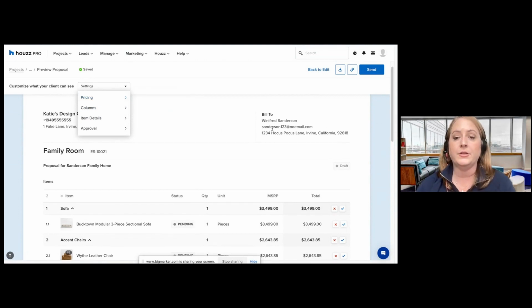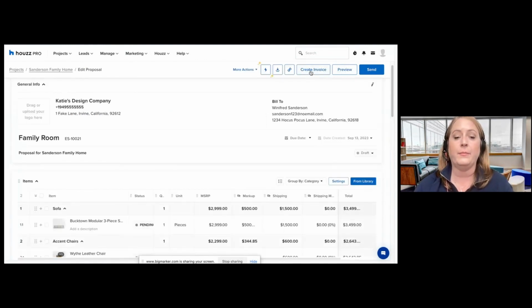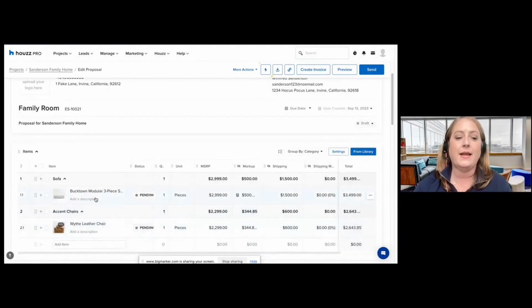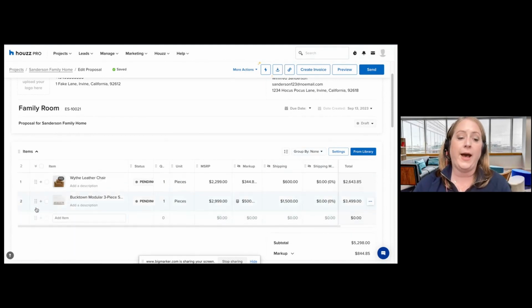And one other thing, I apologize. I'm going to go back to that editable version. Right now, you see the items broken down by category. If you didn't want to break the items down by category, you can select Group By and then None. And then it will just be the two items. And again, if you wanted to move any items, you can just click right next to the item, the plus sign, and move it. Now, if we go back to preview,